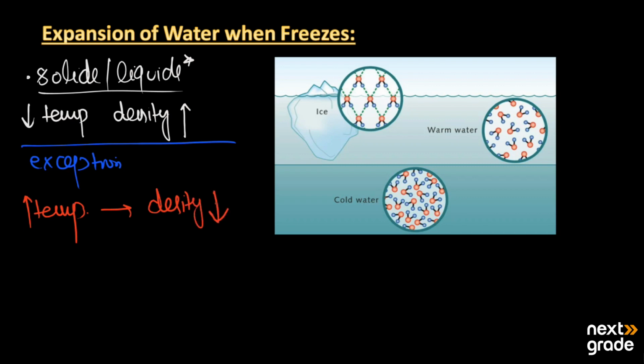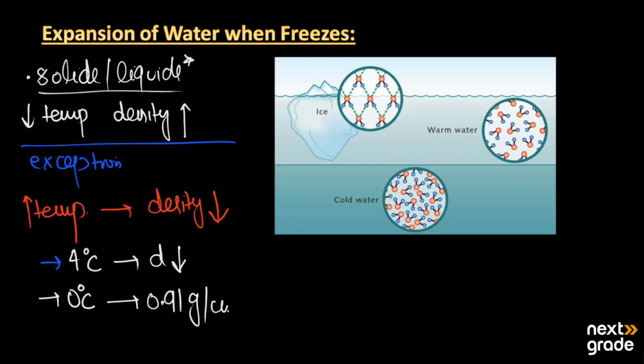Now, why does this happen? Because water has a unique behavior in this regard. When we cool down the water to 4 degrees Celsius, and the temperature reaches 0 degrees Celsius, the density of the water becomes 0.91